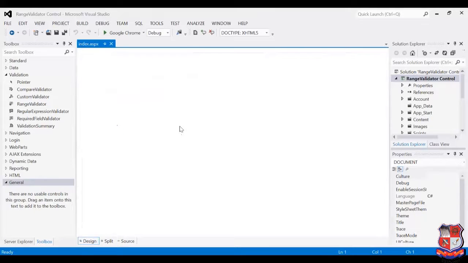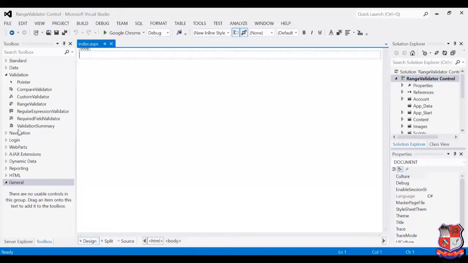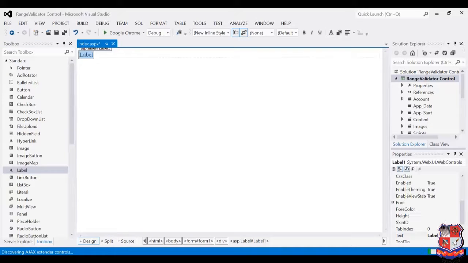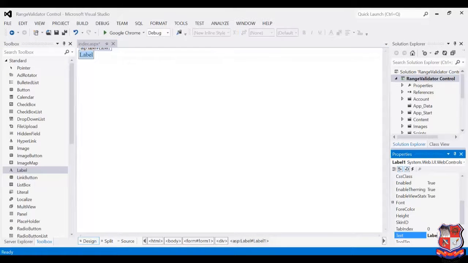Go to the design portion of it, and we'll start the example by taking a label control and giving the message that this example is for range validator. So I'm writing example for range validator.